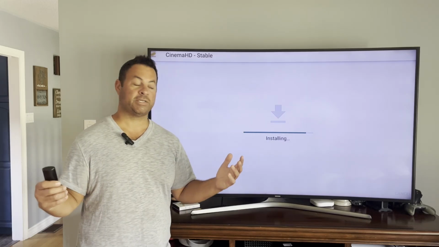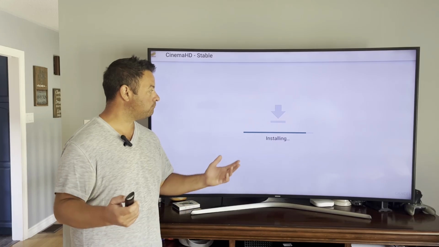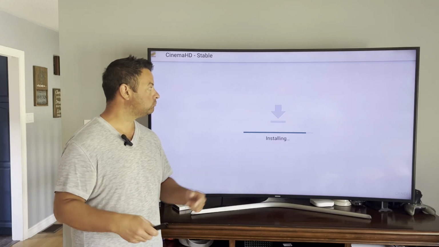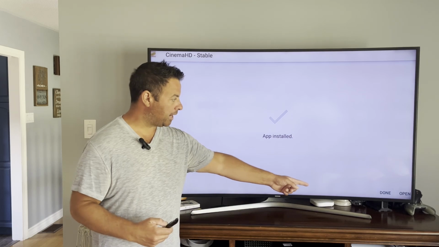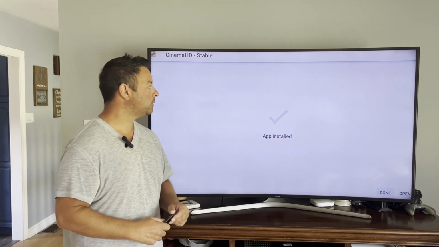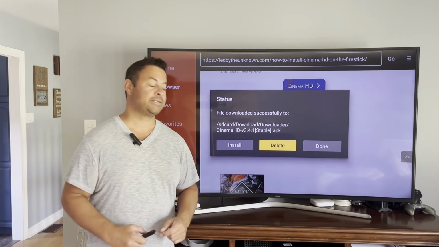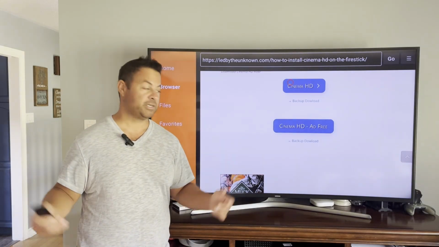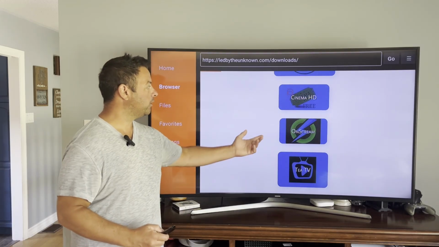In the same process, we'll click done in the bottom right when it pops up. Highlight and click done. Then we're going to delete the installation file, so we'll confirm the delete. Then you back out, and if we're looking for another,